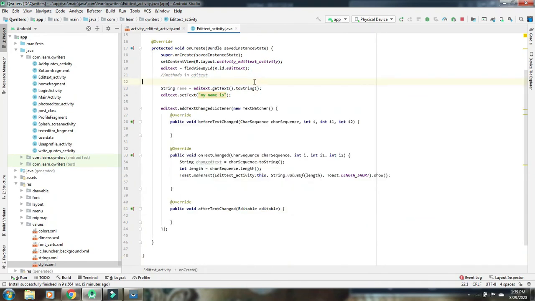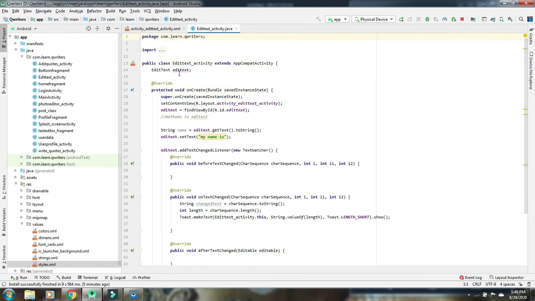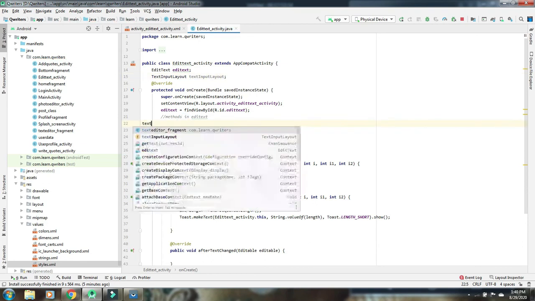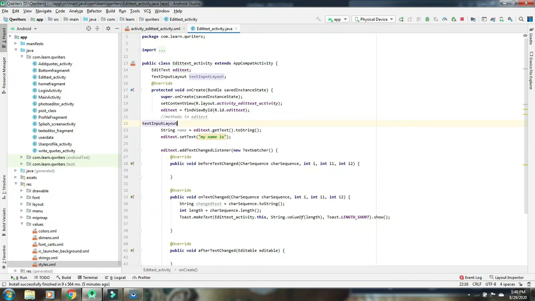Next we'll add the text input layout, for which we have defined many text styles. So specify one variable of type TextInputLayout, and define that here, is equal to findViewById.